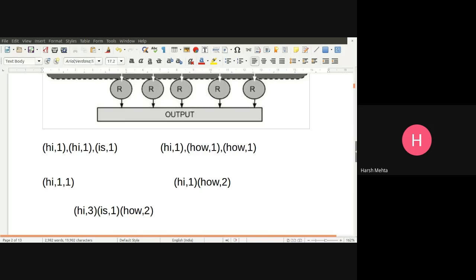So the combiner, once again, sits between the mapper and the reducer. What it does is reduce the workload of the reducer.